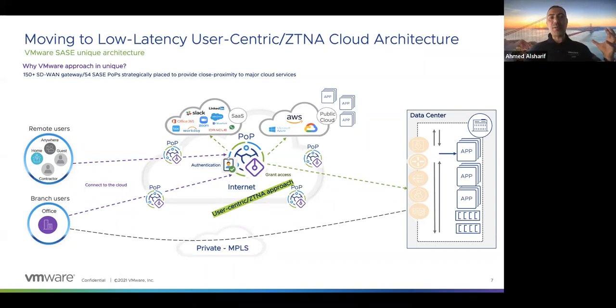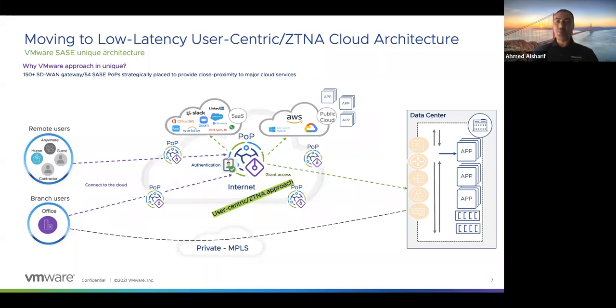You must have a lot of POPs all over the place, closer to the users. And this POP will play another role as well in the end-to-end connectivity. But the number of POPs by itself means a lot to the customers. In VMware, we have 150 SD-WAN gateways. We are converting these gateways to SASE POPs, where we provide security services inside these points of presence. We are targeting 54 by 2022 or 2023, and then we are working more with our partners to build their SASE POPs inside the service provider.